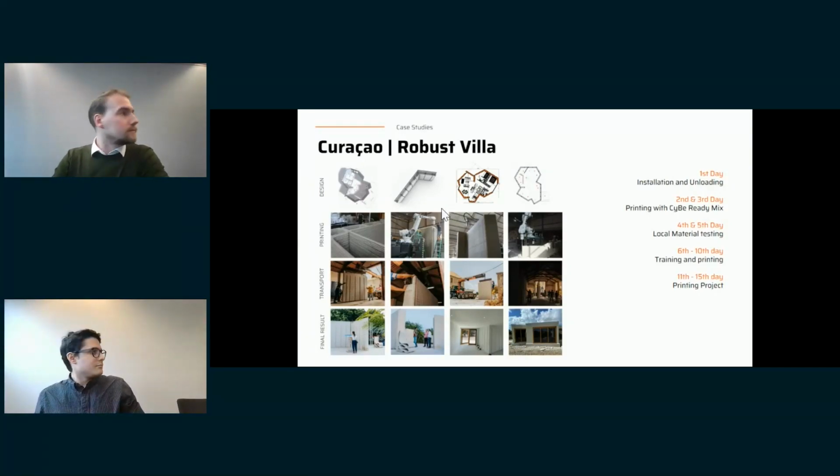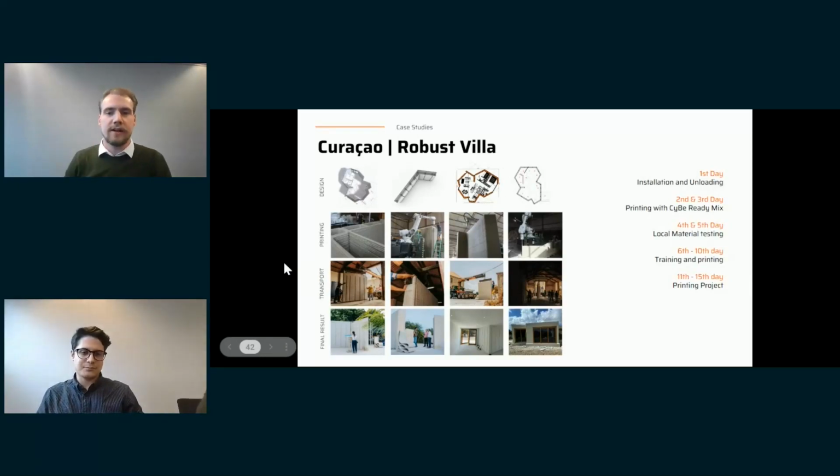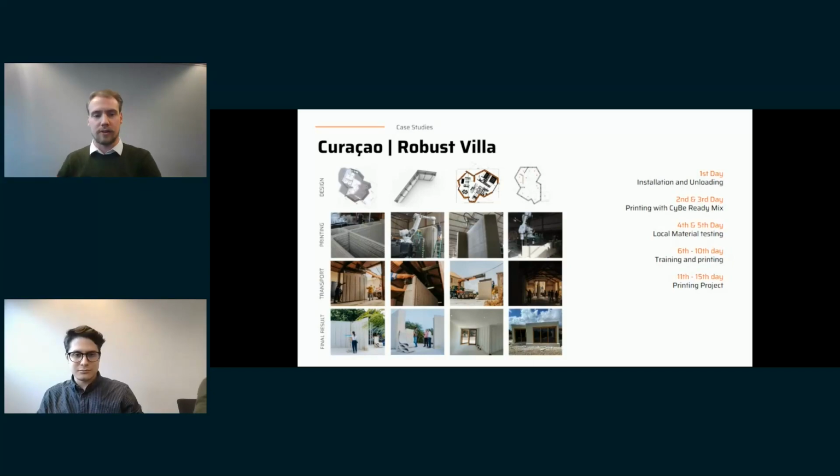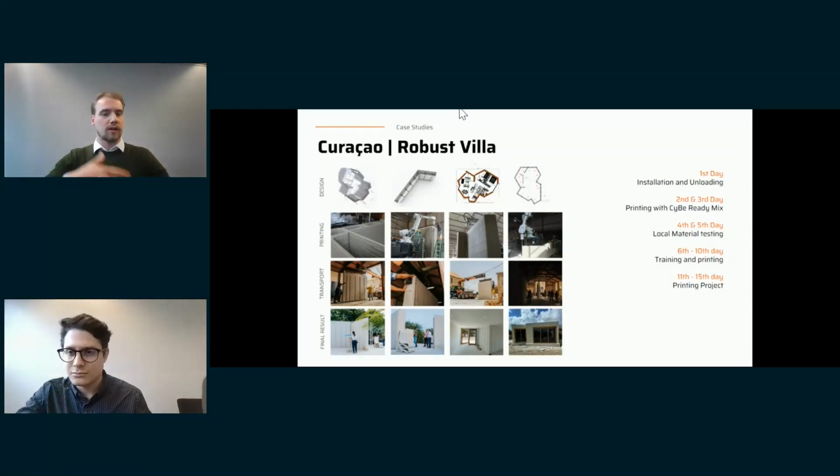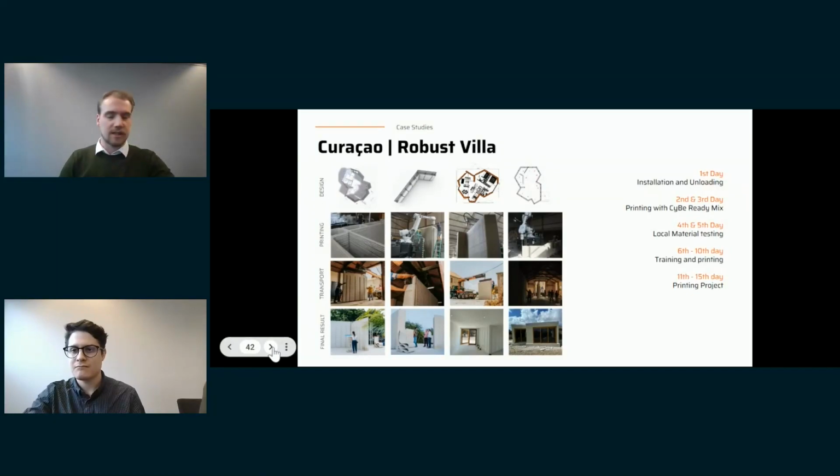I think it's good to mention that the preparation is really important. Of course, it's not like on the 2nd and the 3rd day, a material specialist will go to a local concrete factory and say, can you mix this? And then a day after that it will work. A lot of preparation goes into this. While the machine is being made for you, parallel to that, we will be working with you and local partners to make sure that all of this is ready for when the printer arrives. So, like I said, preparation is key, but it's not the first time that we've done that.